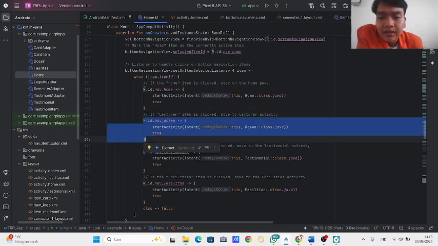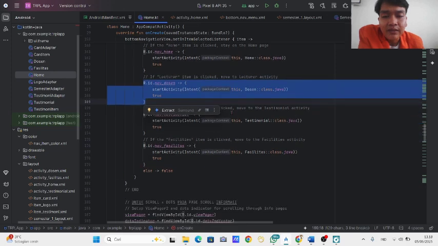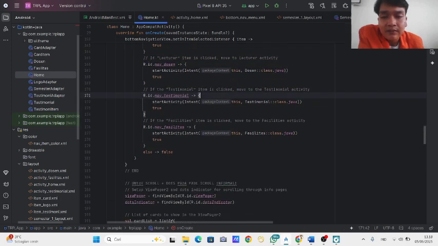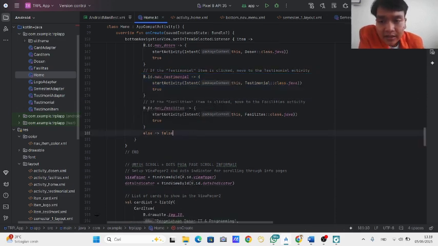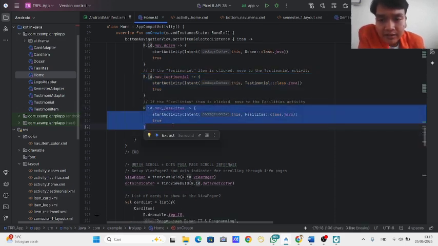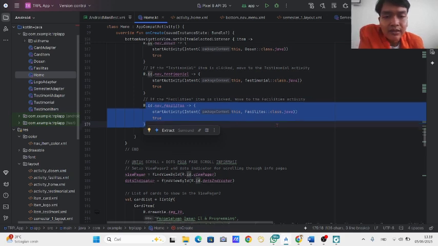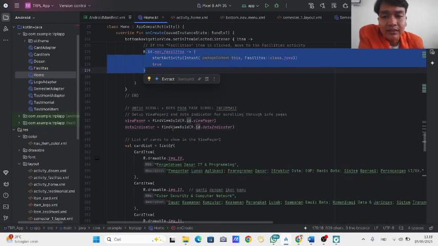Same for the lecturer item: if clicked, move to the lecturer activity. If the testimonial item is clicked, move to the testimonial activity. If the facilities item is clicked, move to the facility activity.